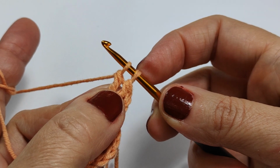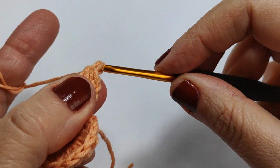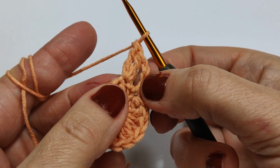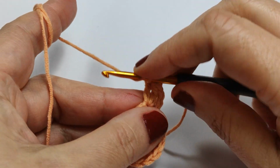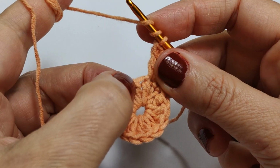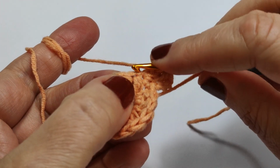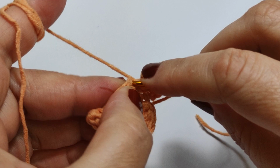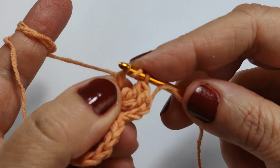Now there are 2 loops on the hook, and now I am making pull through these 2 loops together in one time, like this. I am making 2 times yarn over. Now I am going to the following stitch, and in this stitch I am going to make 1 triple crochet like this. 2 by 2,